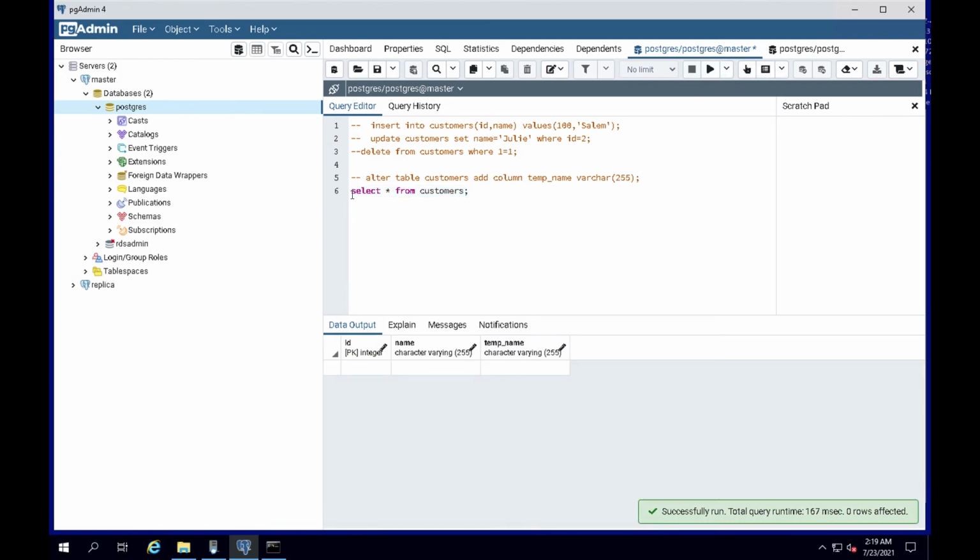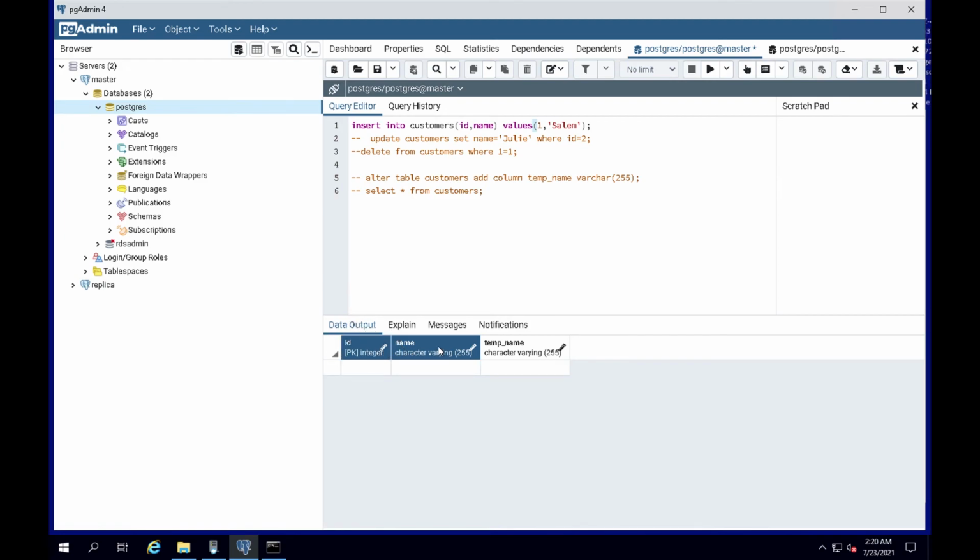I will demonstrate how any transaction happening here will be reflected to the destination database. Let me try to insert one record. For example, let me add one ID, because this table structure has ID as a primary key and name as a column. I do have other columns as well, but my focus of the demonstration will be just the ID and name for now. So I'm keeping it here as 1 as ID and Salim as a name. Let me insert into the customer table,